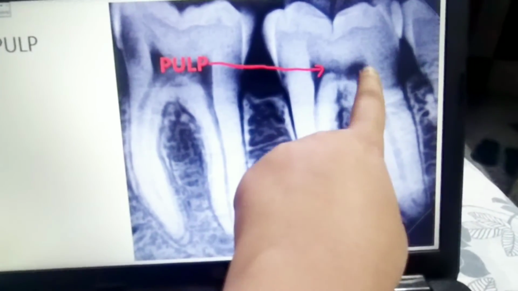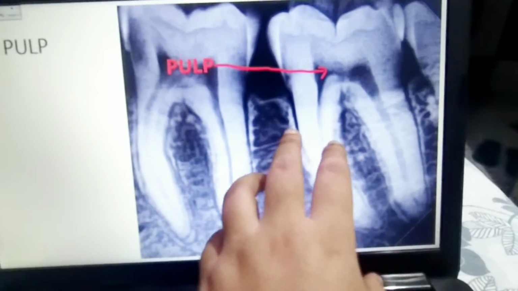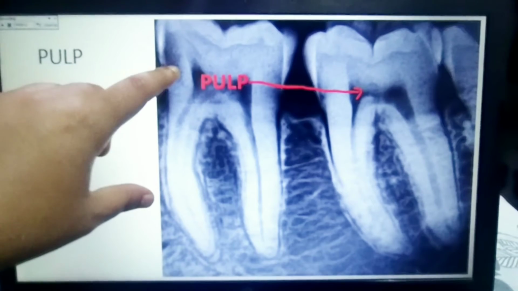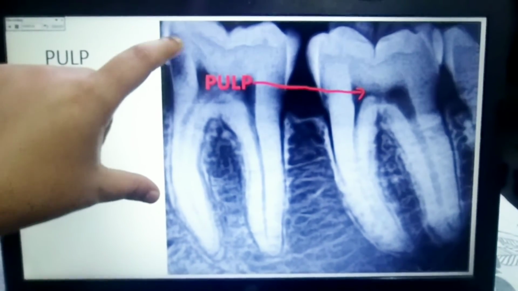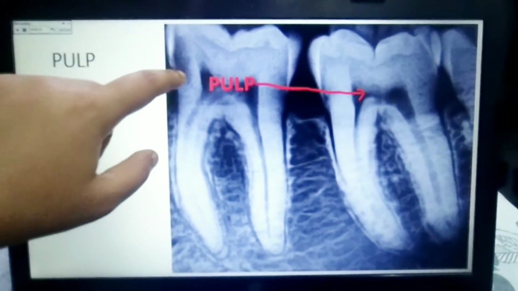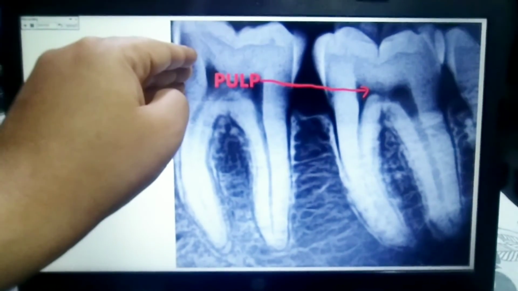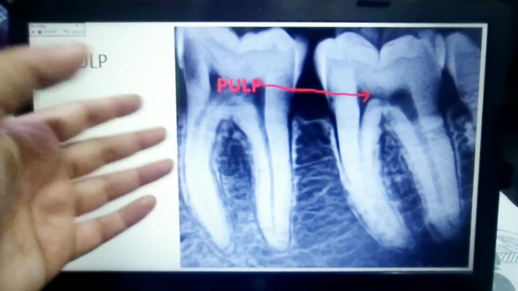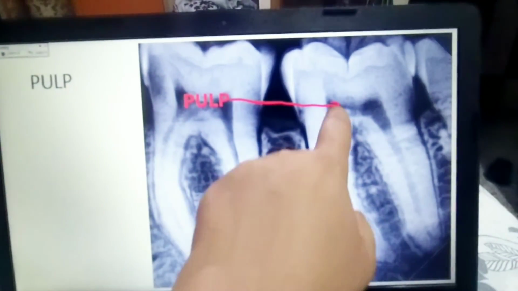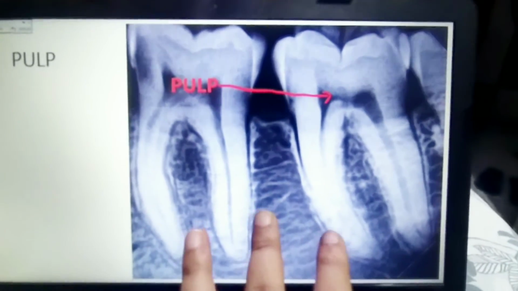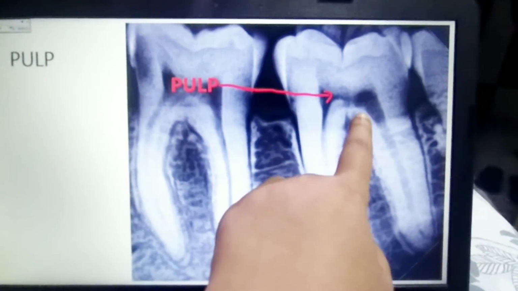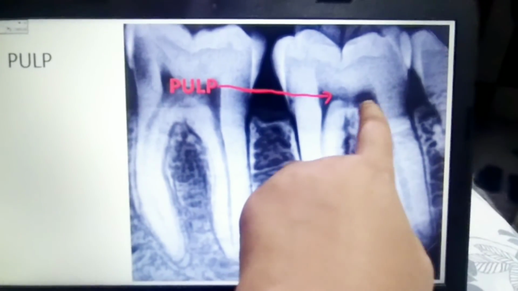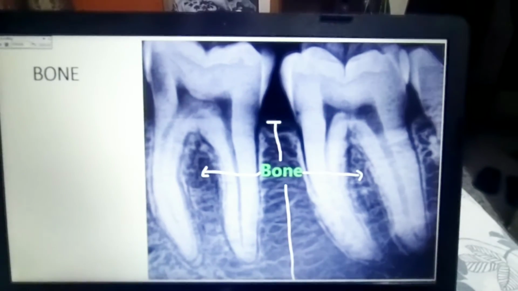This is for the same reason when you see a cavity in your tooth. For example, this is a cavity in your tooth, cavity meaning a hollow space. This looks like a black space. Because it's a hollow space, the x-ray beam has passed through it, and that is why it is showing a black color. We'll go deeper in the very next videos, but for the time being, this is your pulp. When your dentist tells you that your cavity has reached your pulp, that means it has crossed the first layer, it has crossed the second layer, and now it has gone to the pulp.